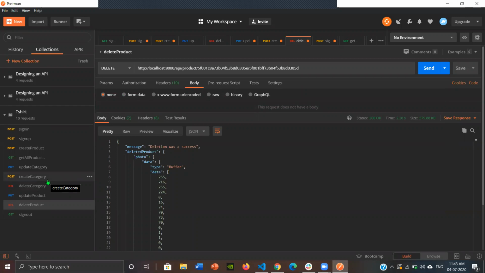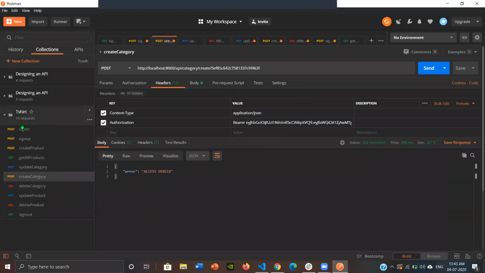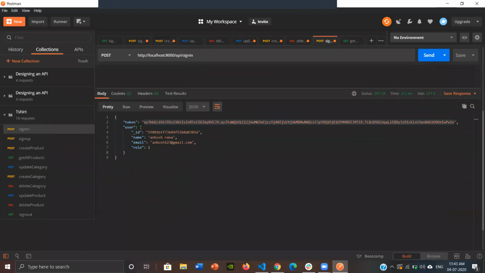Now let's create a category of a product. For creating a category, we basically need a token for authorization and the user ID again.